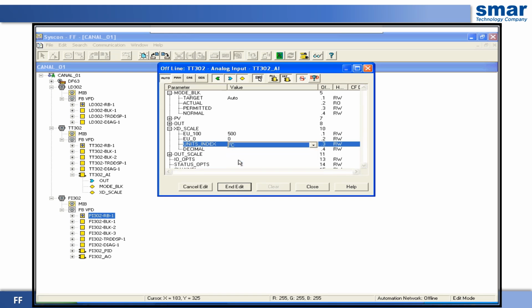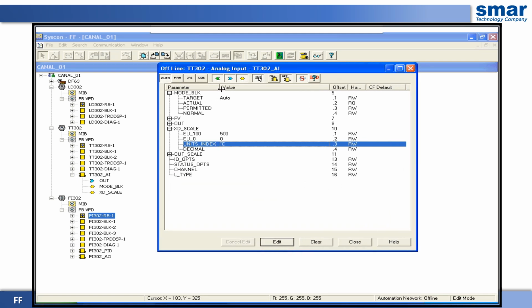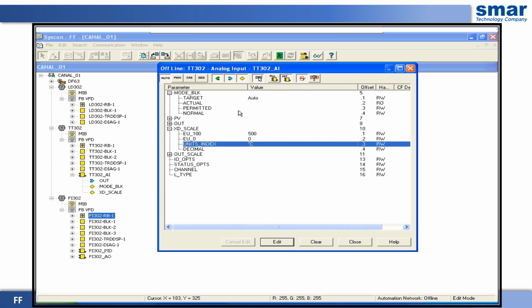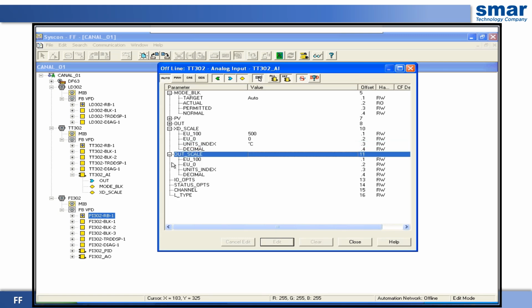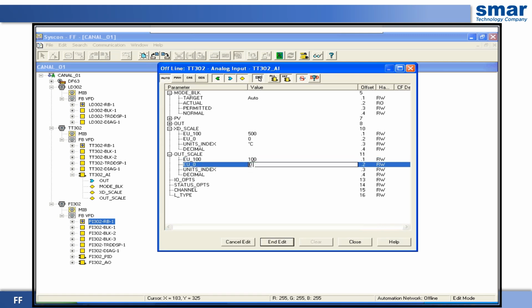Now let's set a scale for temperature. We are establishing from 0 to 500 degrees in total. We will be working with an output of 0 to 100%. Thus, OUT_SCALE is the output scale.